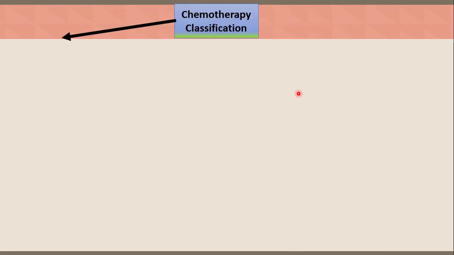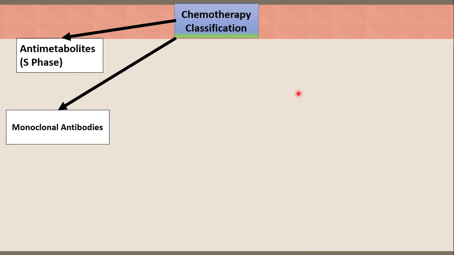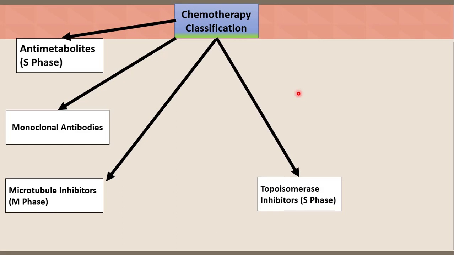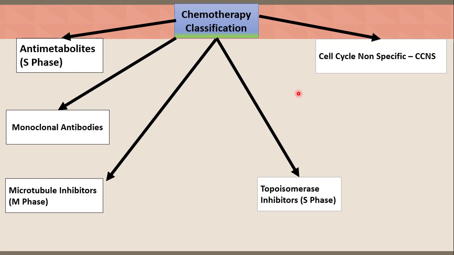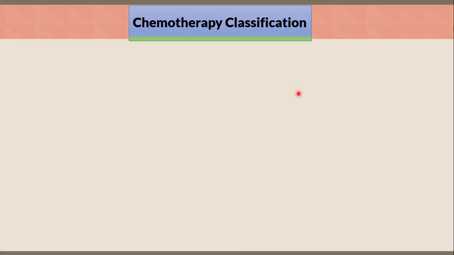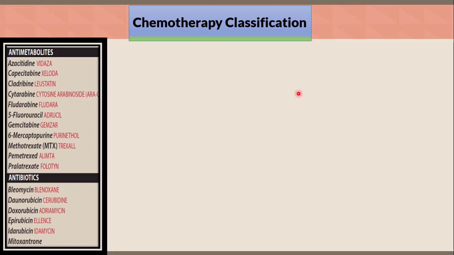Chemotherapy classification: antimetabolites or S-phase specific, monoclonal antibodies, microtubule inhibitors, M-phase specific, topoisomerase inhibitors or S-phase specific, cell cycle non-specific or CCNS, such as alkylating agent, anti-tumor antibiotics, and platinum agents, or hormonal therapies. Chemotherapy classifications and categories members: antimetabolites, azacitidine, capecitabine, cladribine, cytarabine, fludarabine, 5-fluorouracil, gemcitabine,